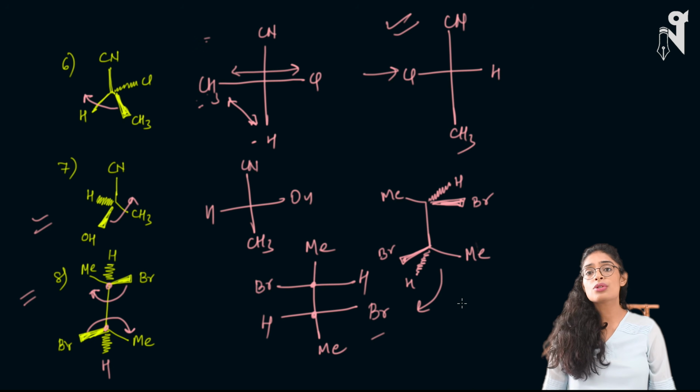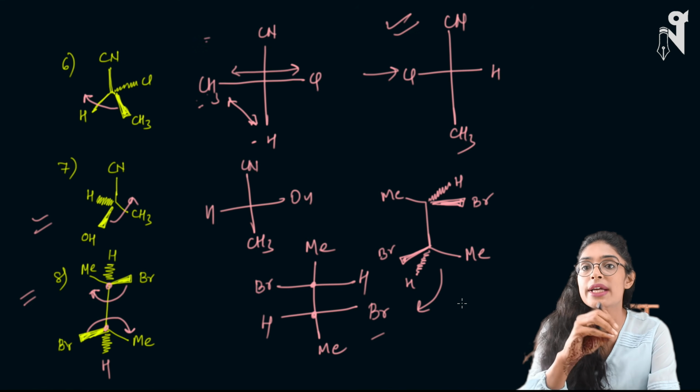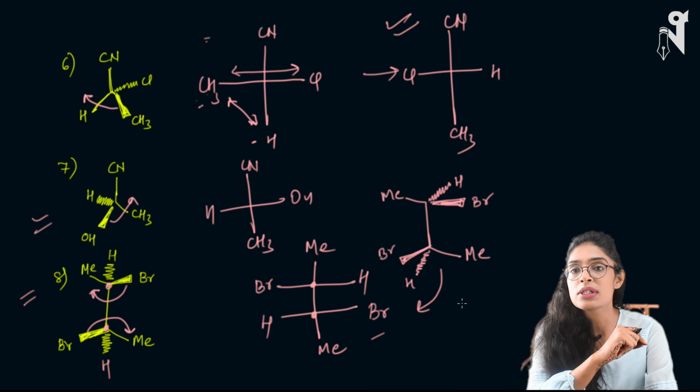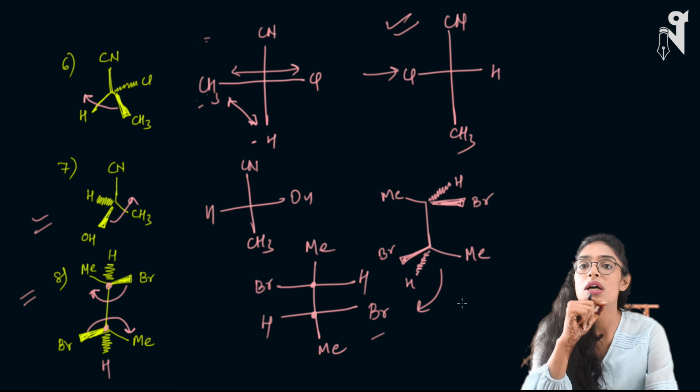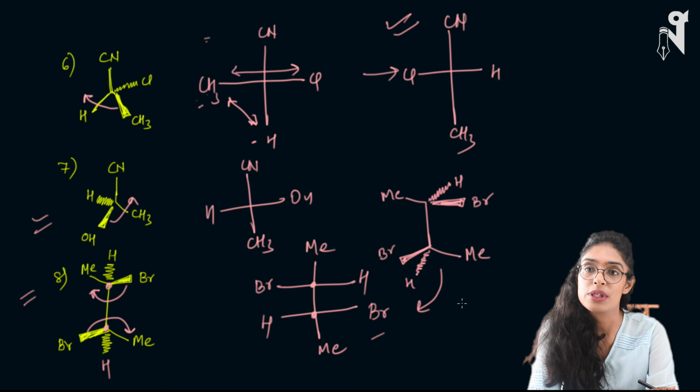So here we are done with the conversions of wedge and dash to the Fischer projection. Now we are very clear how to make the Fischer projections. Next, in the next class, we'll be talking about R and S configuration of the molecules, because now we know how to draw the Fischer. We can write their configurations; their optical activity is based on what configuration they follow, what kind of isomers they are forming. So we'll be talking about R and S isomers, the rules to determine how a compound can be called R, or how the compound can be called S. And then we'll be talking about the other important terms like enantiomers, diastereomers, and mesomers.